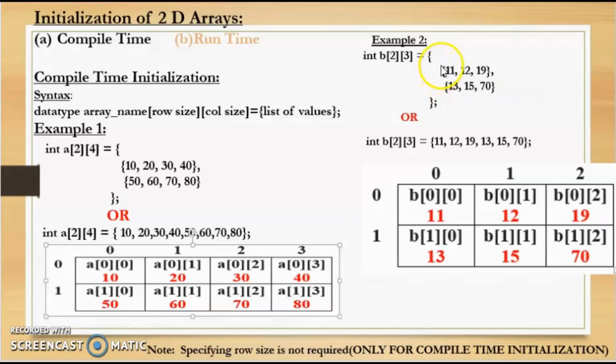Now over here, these extra brackets which we have written are just used to make the program more readable. If we want, we can write them or we can discard them, but make sure that you write this comma after every element inside the array. And finally, we need to write this semicolon.